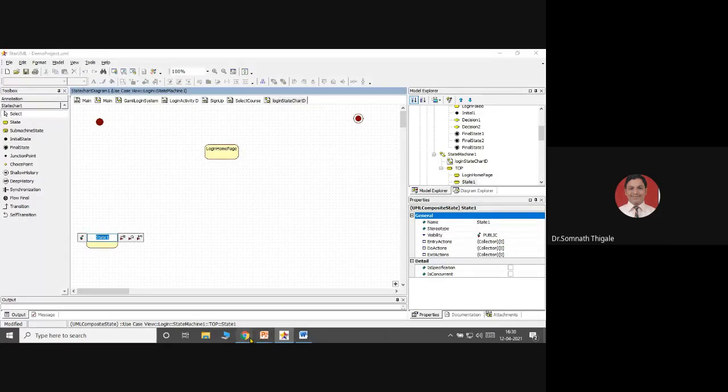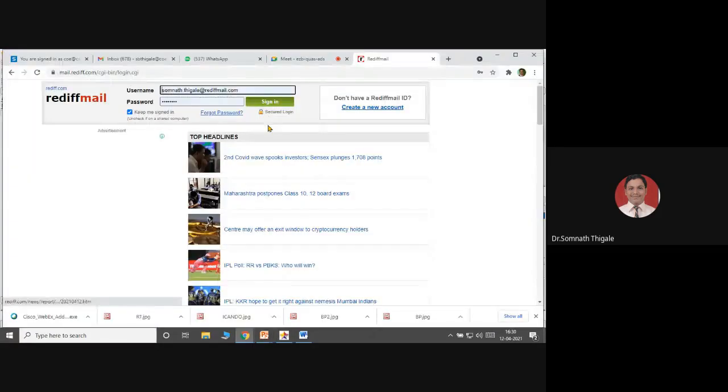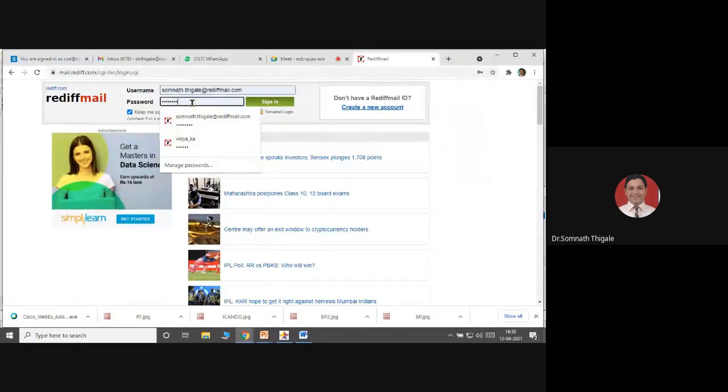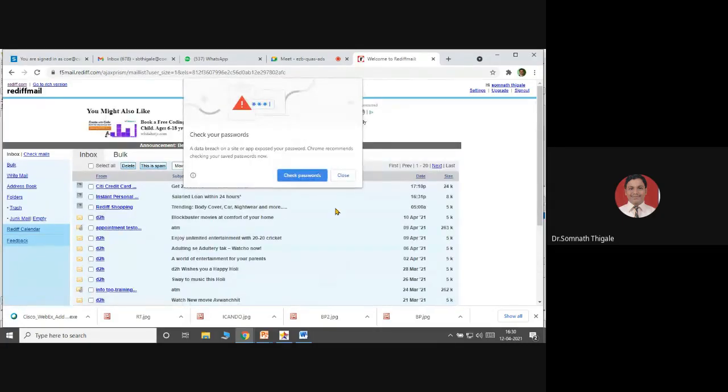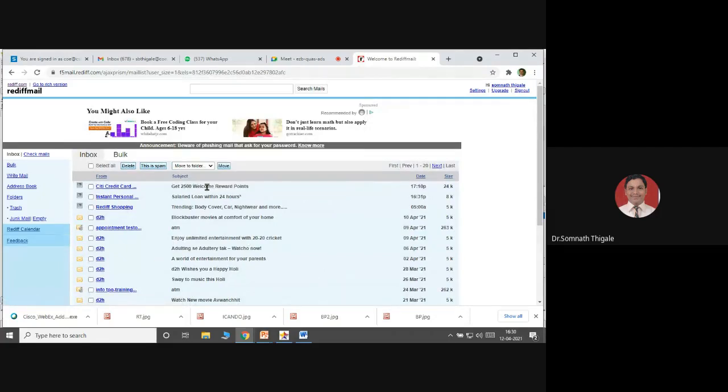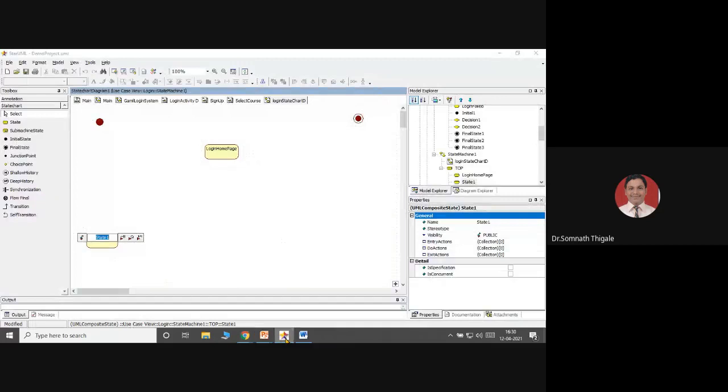Suppose I enter my user ID and my password over here, and I click on the submit button, sign in. The moment I click on the sign in button, I go to this message. How did I come to know I came to this page? I'm getting a message here, hi Somnath. So if my user ID and password match, I'll get the message over here. So I'll say here simply welcome page.